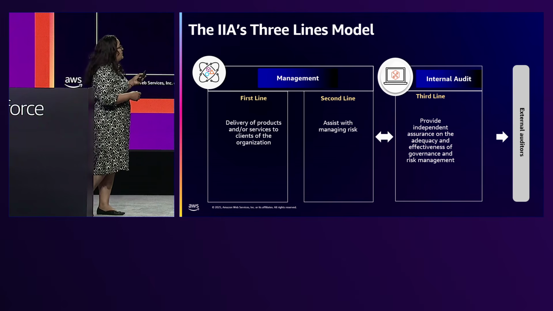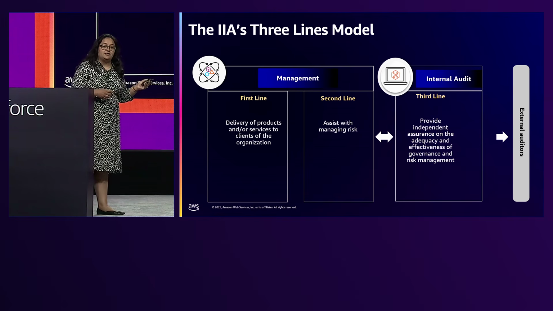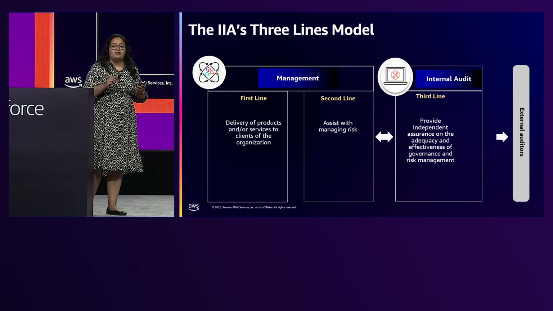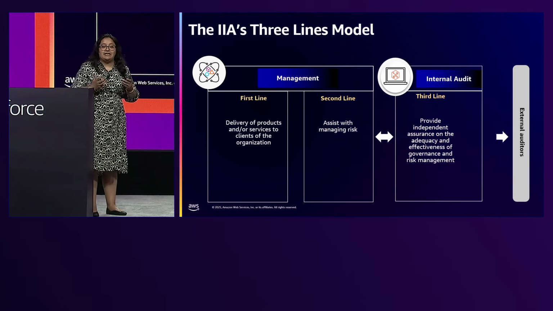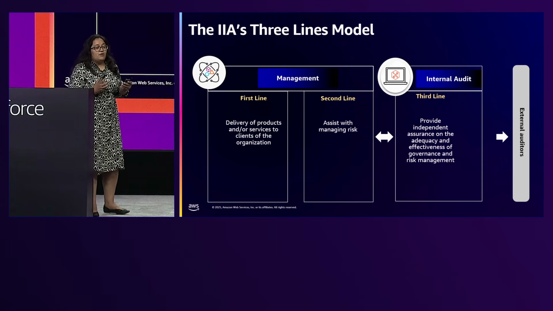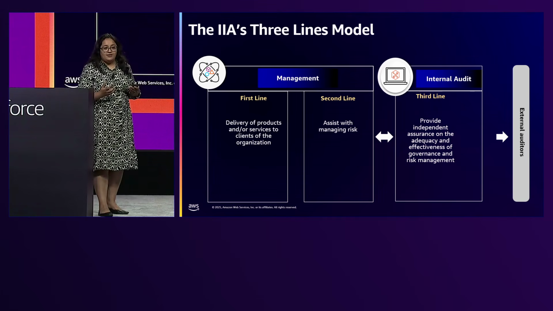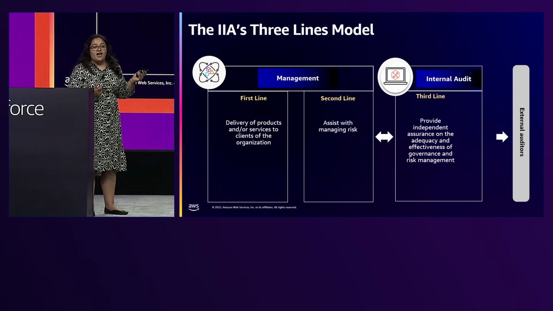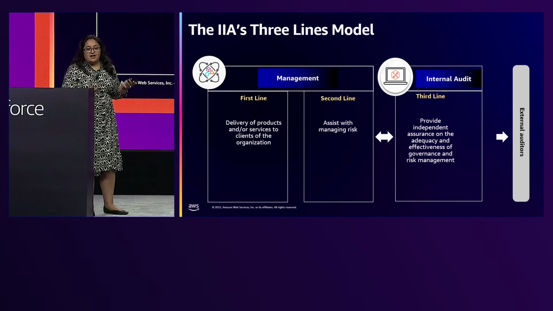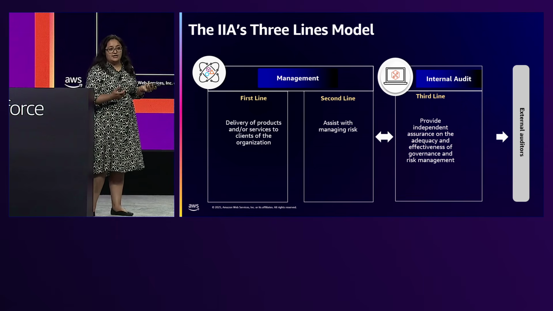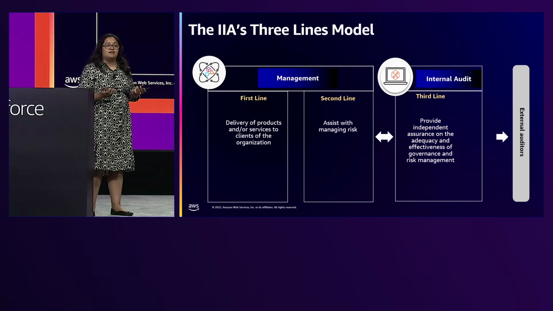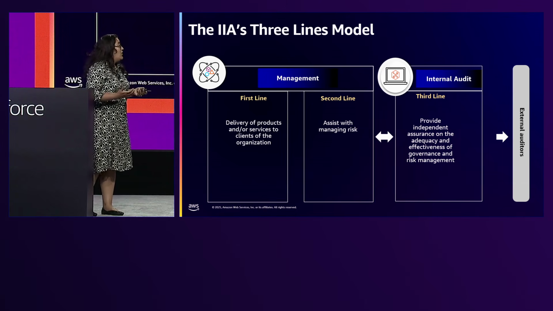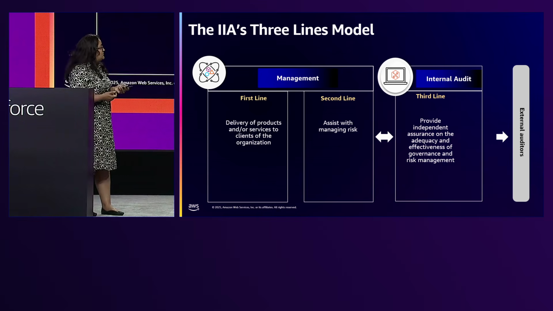The third line is called internal audit, and this stakeholder is responsible for two things. One, they're responsible for ensuring that the guardrails, the security best practices that are in place, are working effectively. They want to have the information to confirm that, to validate that, but they also sometimes are responsible for going to external auditors and providing them evidence that these things are being taken care of in this organization. Or if there is an audit request, these are the stakeholders that put together a report on what is happening in the organization, and what the different audit logs are that can be shared with the external auditors.